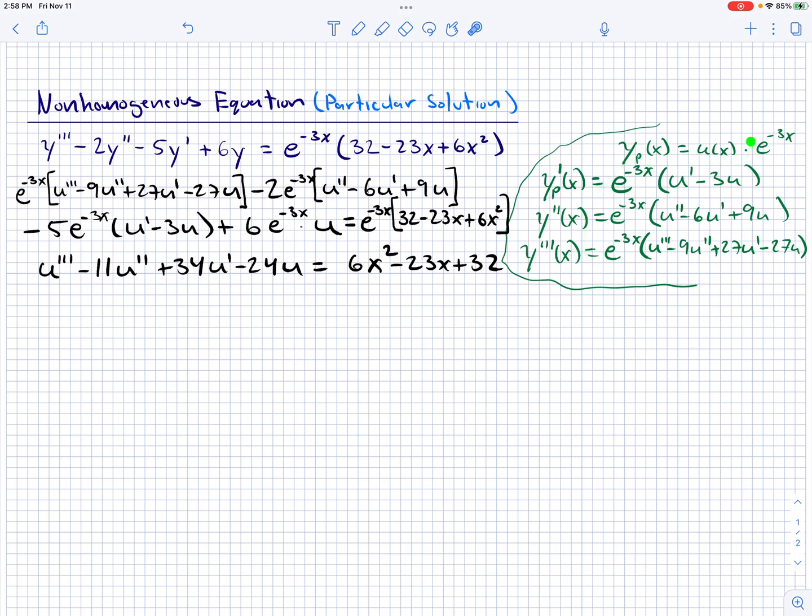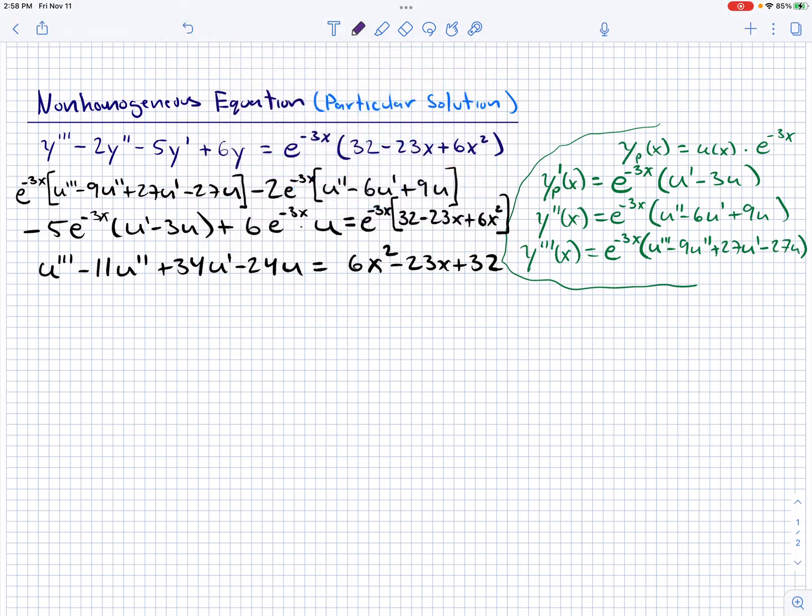This was why I offered a solution of this form. Easier to kind of keep track of things. But you also didn't have to do that. It just is a bit more tedious, or can be. But in this form, we now can do the whole undetermined coefficients, and we can